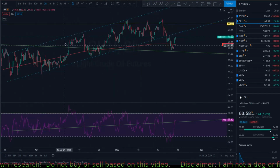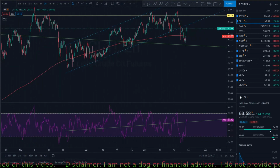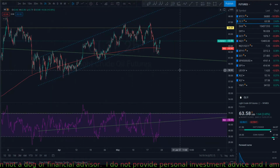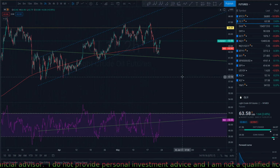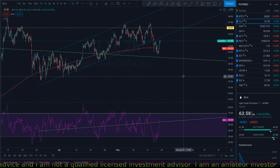time frame, you can see that right there it got rejected. It's outside of this range right here, and it's not looking like I want to go long right now. We gotta see and wait here